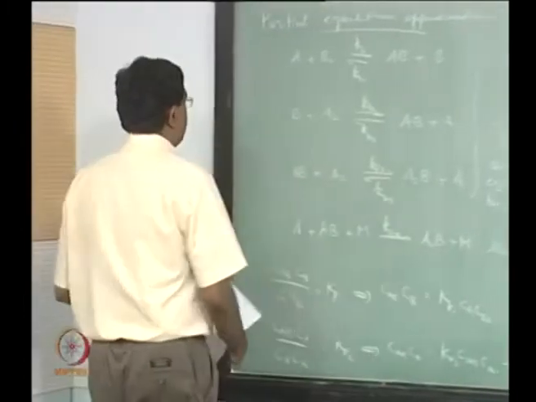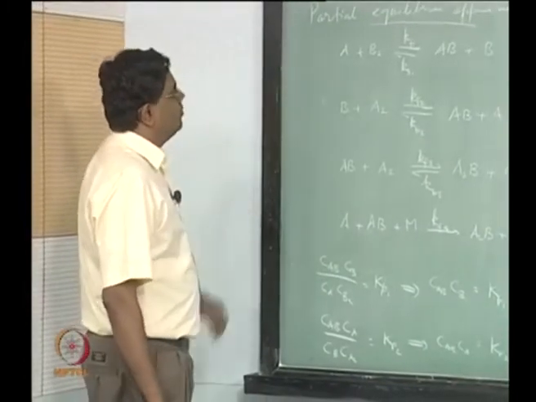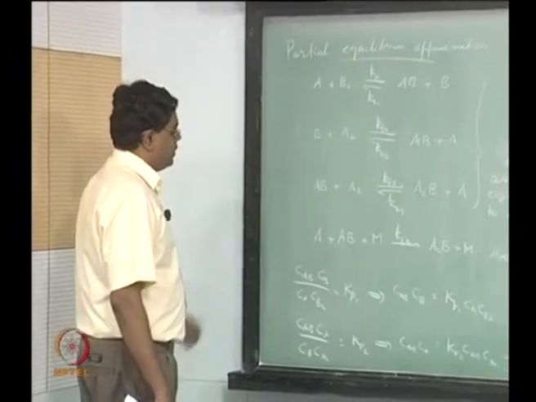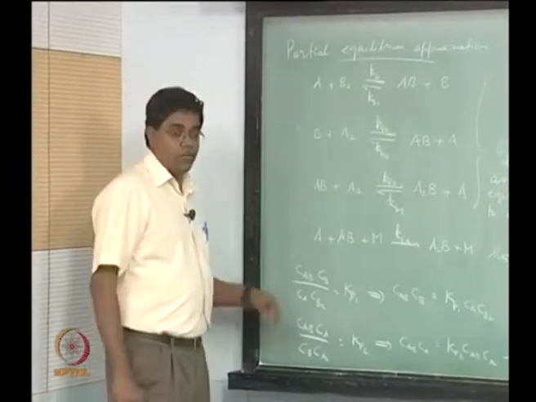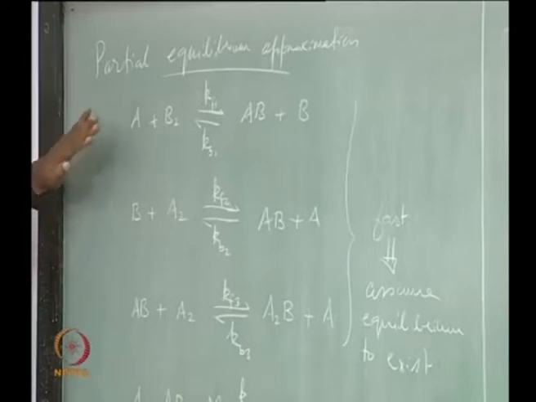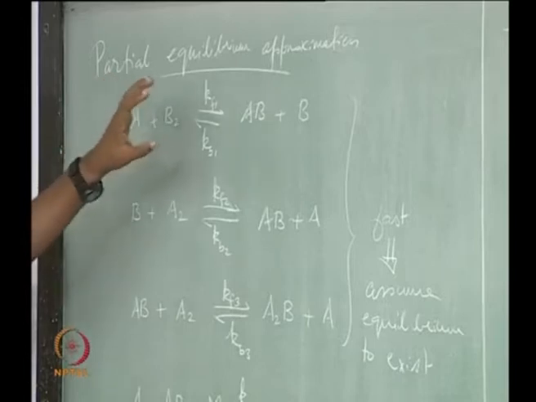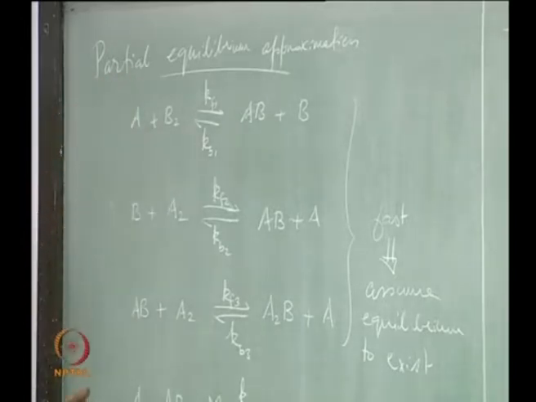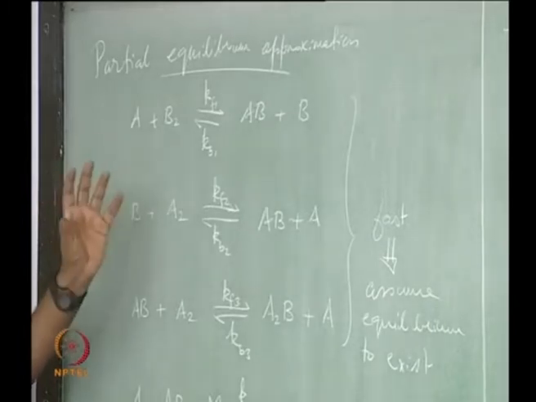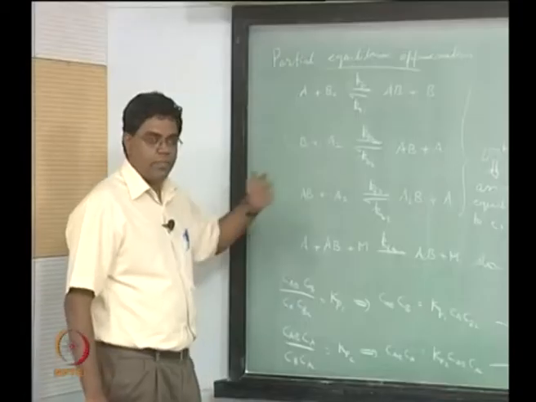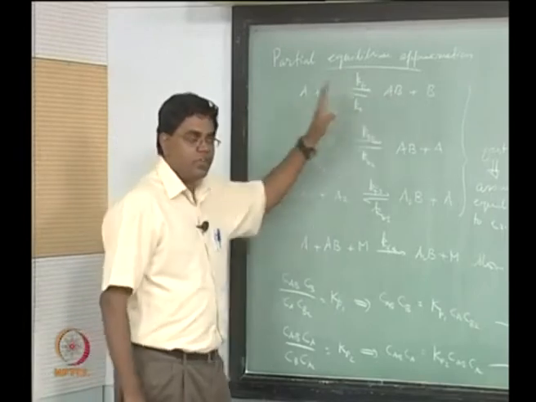So we have been looking at the approach of partial equilibrium approximation, and as a template set of reactions, we could look at about 3 forward and reverse reaction pairs leading up to a fourth reaction, which we deliberately take as a termolecular reaction so that it is slow. The idea being that if you now have these bimolecular reactions happening relatively faster and they are forward and reverse reaction pairs, then we can assume that because they are happening quite fast they could stay in equilibrium with each